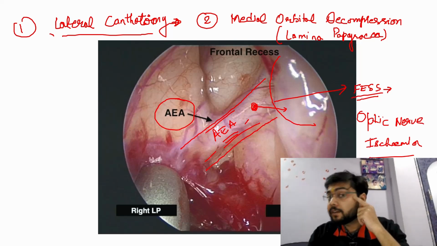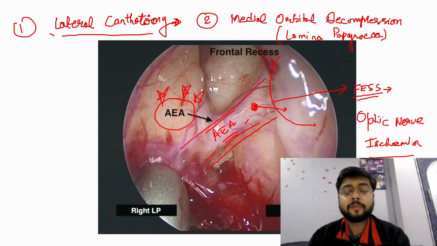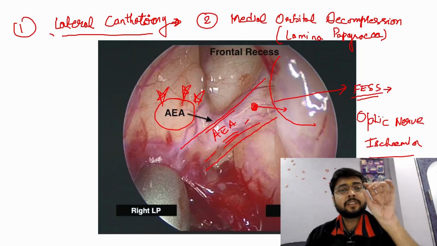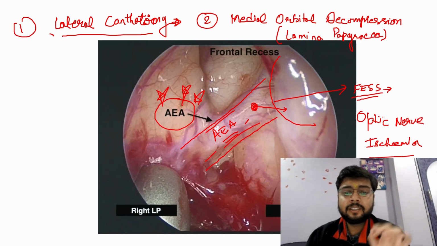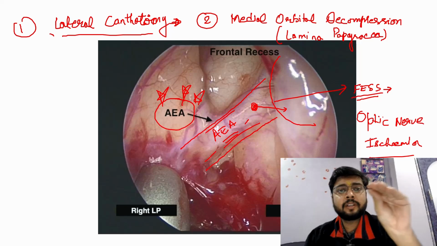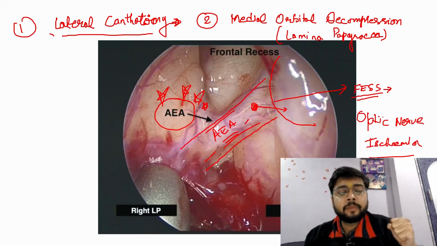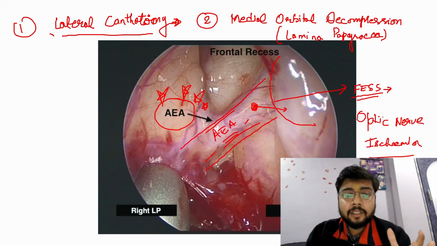सो इमरजेंसी इज लैटरल कैंथोटोमी and medial orbital decompression in case of anterior ethmoidal artery damage, right? बहुत बार क्या होता है, we just cauterize this artery, right? It's a very thin artery, बहुत मोटी नहीं होती है, so हम cauterize करके बंद कर देते हैं. But there are situations where this artery retracts into the orbit, and whenever it goes inside the orbit, then all these